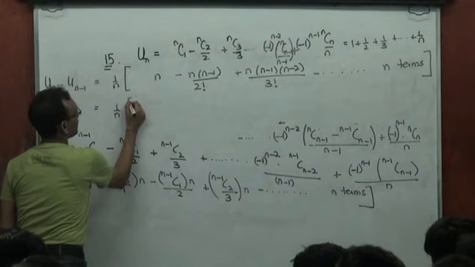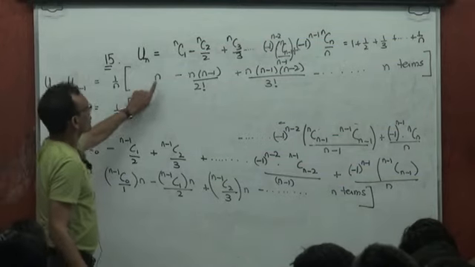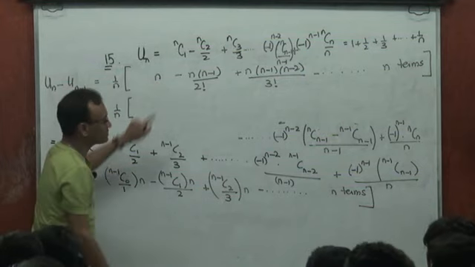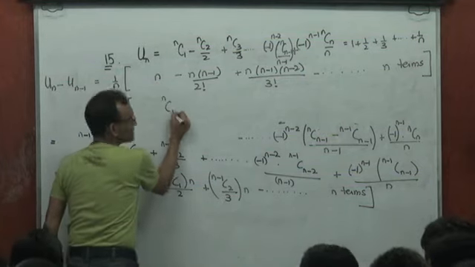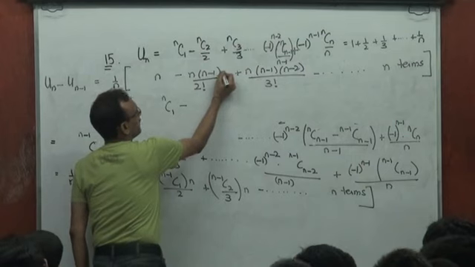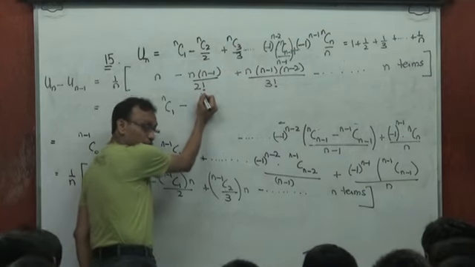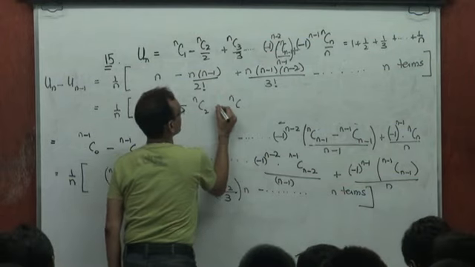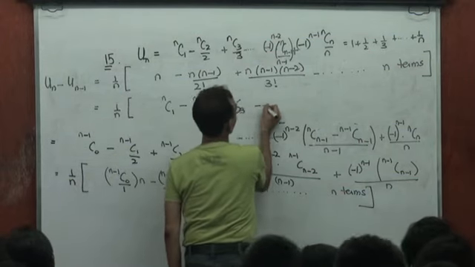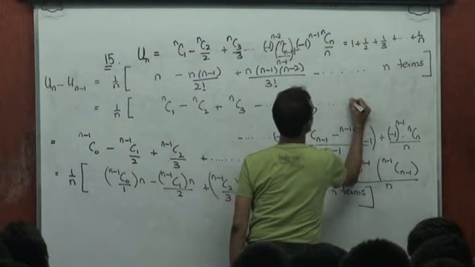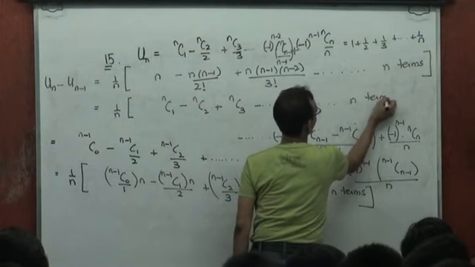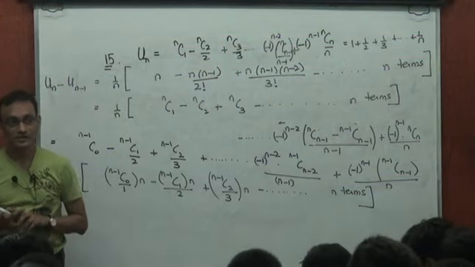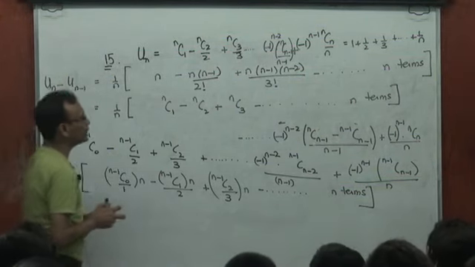This is 1 by n, nC1. This is nC1, right? n is nC1. n into n minus 1 by 2 factorial is nC2. nC3, up to n terms. Yes or no? Right? What I do is,